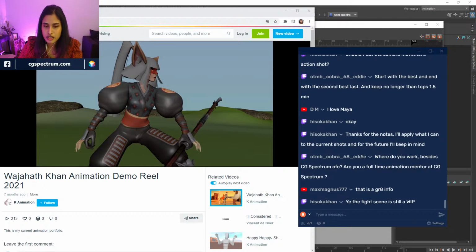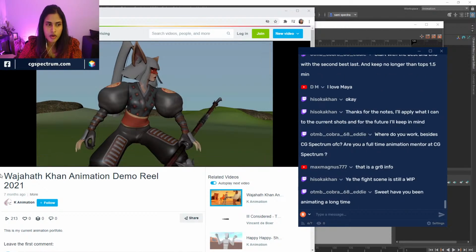Yeah, the fight scene is still in progress. Because you didn't put it on the screen, I wouldn't be thinking that it is work in progress. So I would suggest putting the stuff that you worked on either on the bottom or in your shot list. If you say here WIP or work in progress, then the recruiter right away wouldn't come to the conclusion that the shot is final.